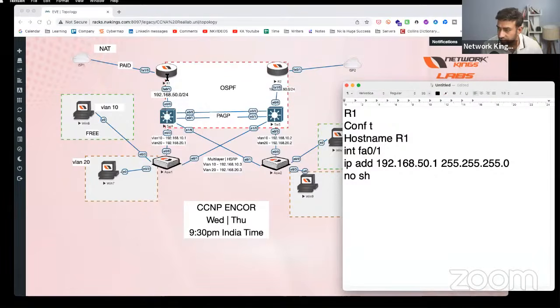So we are starting this lab. In R1 FA0/1, 192.168.50.1 on this network. And then for testing I will create a loopback. How many of you understand what a loopback is? Everyone? Okay, so loopback interfaces are